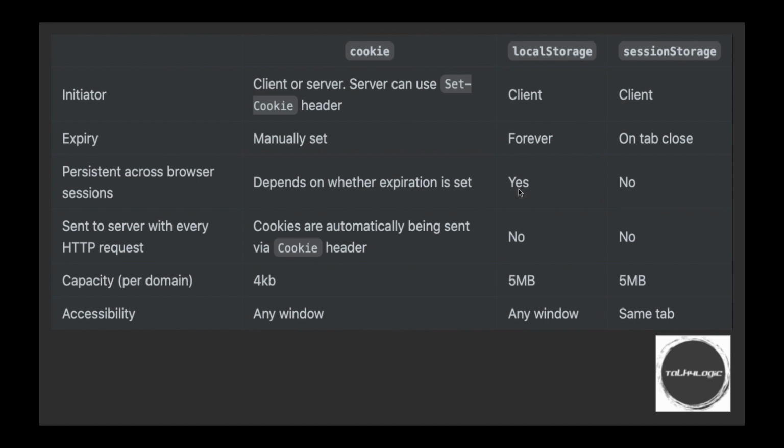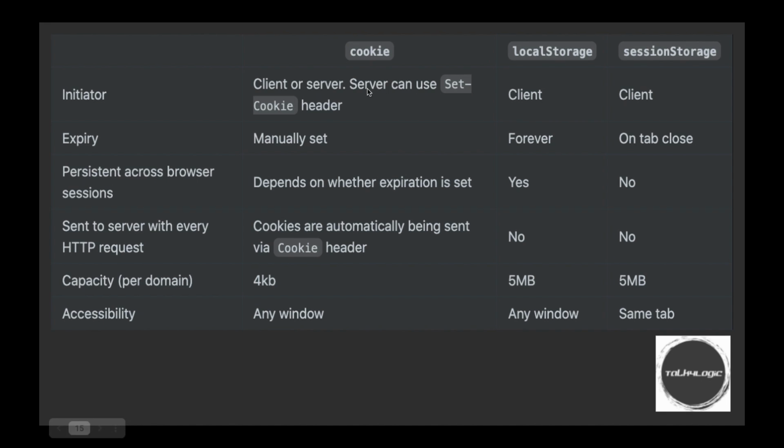Local storage persists across browser sessions, but session storage does not. Next, is it sent to the server with every HTTP request? Cookies are automatically sent via the Cookie header, but local storage is managed by the client, so it is not handled by the server, and it's the same for session storage.